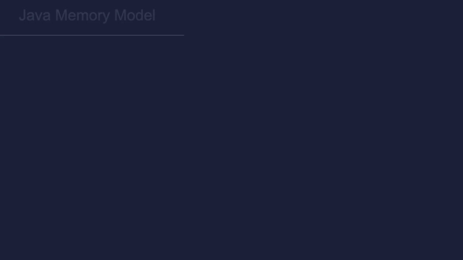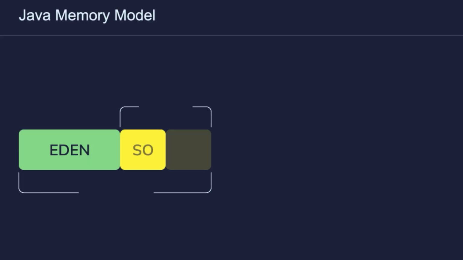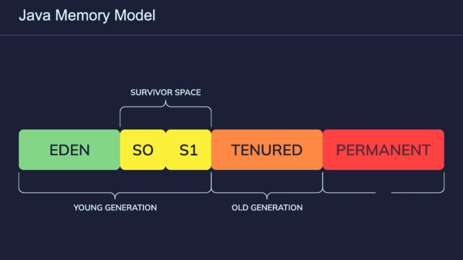Well, first, before going any further, let's refresh the Java memory model a bit. One of the functions of Java garbage collection is to maintain young generation and old generation. As a rule, most objects die young, but if they don't, they are moved into the old generation. When the garbage collector collects the young generation, it's called the minor collection. And when it wants to clean up the old generation, it's called the major collection. Not all Java garbage collectors maintain separate generations, but we will discuss that further on.